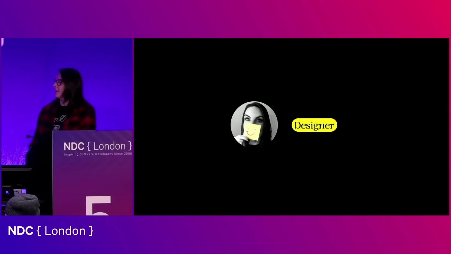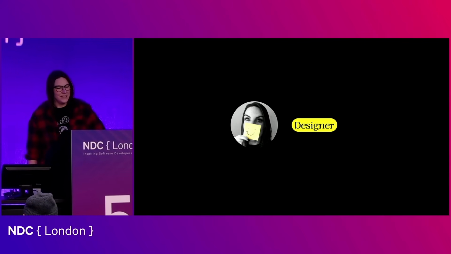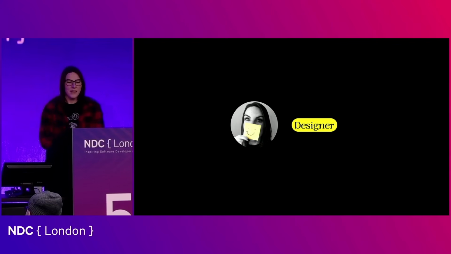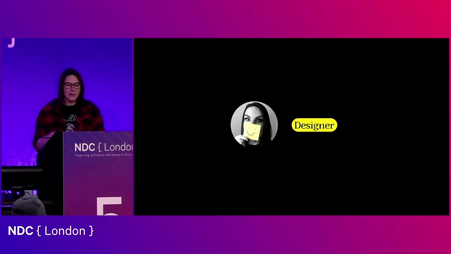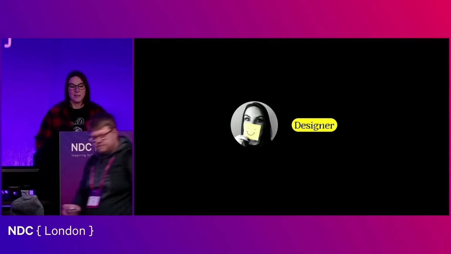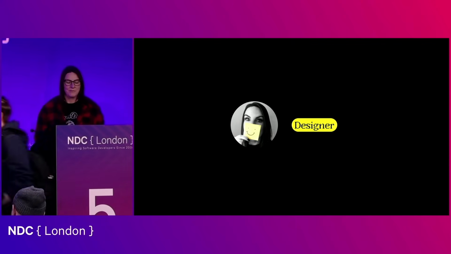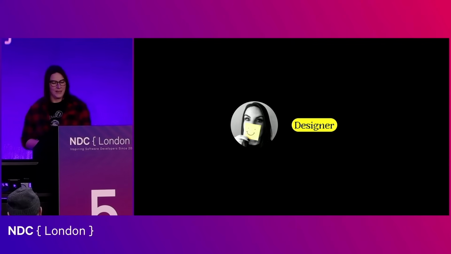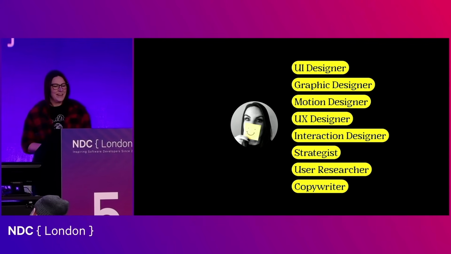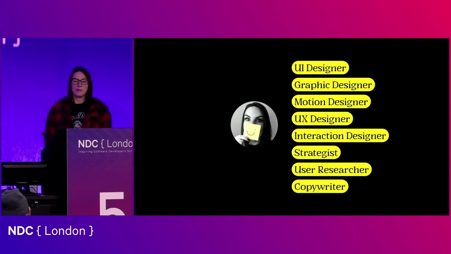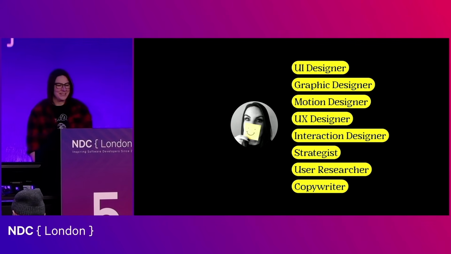My name is Lex. I am a designer. I work at a creative agency in Nottingham called Enzyme, and that means that my job is pretty much all-round designer. I don't have a niche specialism like UX designer. I just prefer designer to sum up everything I do. I do work at a design agency, which means that I have to be all of these things at once, really. And it explains why I haven't really had time to broaden my skills into becoming an actual developer either. I don't have time for that, as you can see.